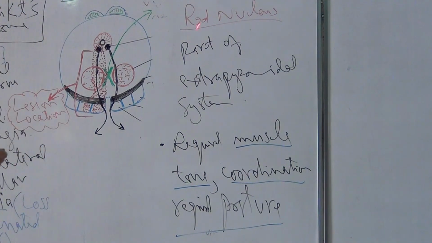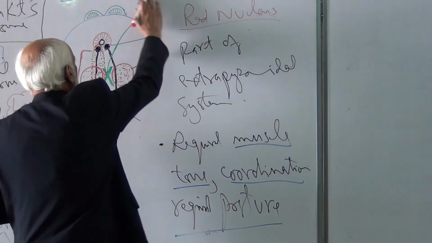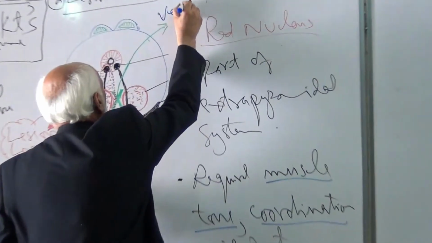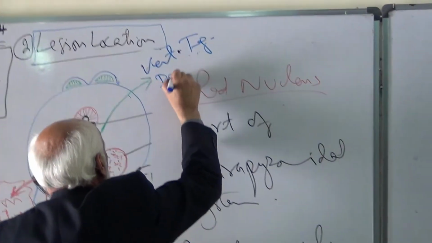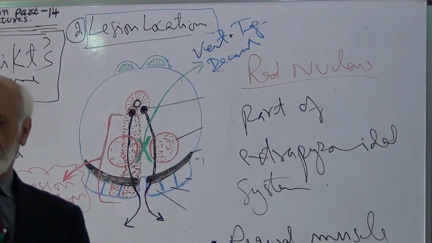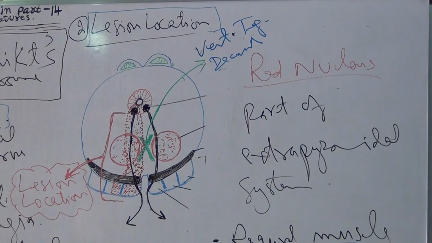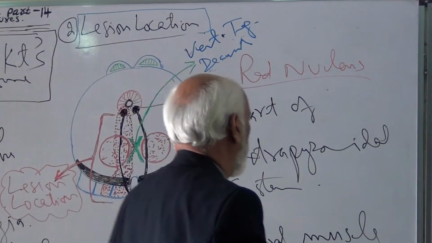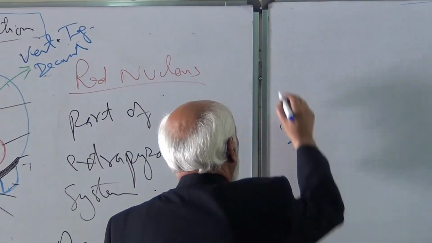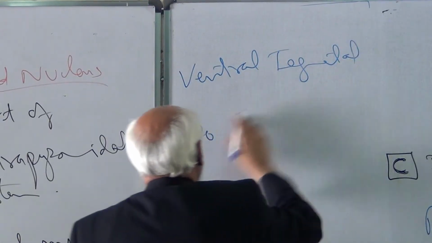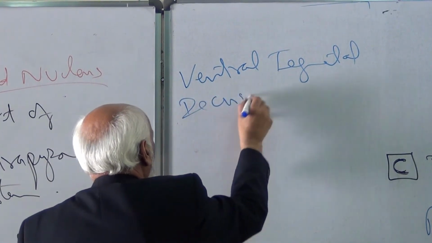Then apart from involving the red nucleus is the ventral tegmental decussation. There is a decussation of nerve fibers in the midbrain at the level of the superior colliculus between two red nuclei. Now, there are two parts of this: the ventral tegmental decussation,